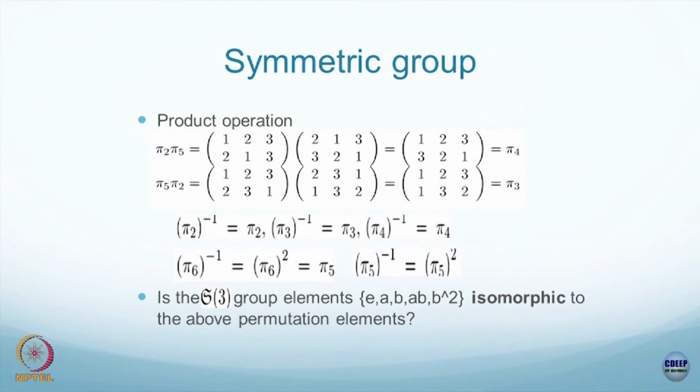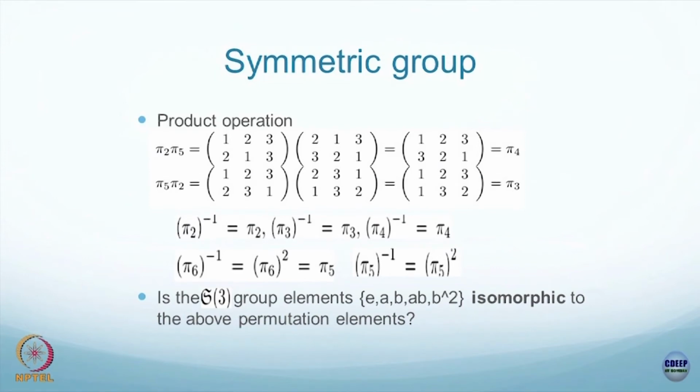So, product operation also I have explained now. I put it here explicitly. Pi 2, you can multiply pi 2 with pi 5. As I said before, you do that, make sure that the resulting state of pi 2 becomes the initial state, and you shuffle the column and write the final state there. Okay, and then see what that element is, and you will find that, please check it out. Pi 2, pi 5 will be pi 4, and pi 5, pi 2 will be pi 3. Okay. So, please check this out. I think my pi 4 which I wrote on the board is pi 3 there and vice versa, but you can check it out. Okay.